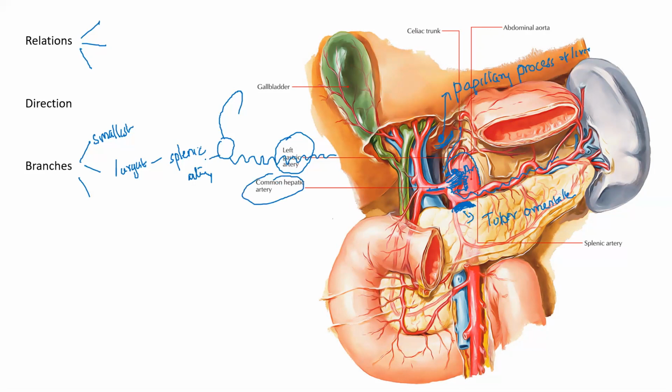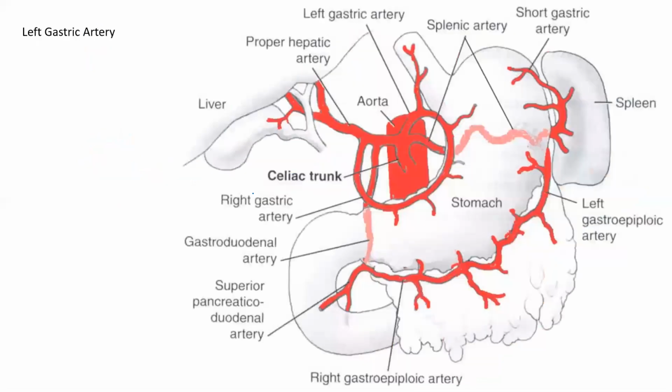Can you see here? The one. So I told you the celiac trunk is trifurcating, isn't it? The common hepatic artery. These three are the branches coming from the celiac trunk. So we'll see each one now. The left gastric artery, what did I tell you? That's the smallest branch from celiac trunk. Yes, where is it here? So this is the celiac trunk. You can see the left gastric artery coming here.